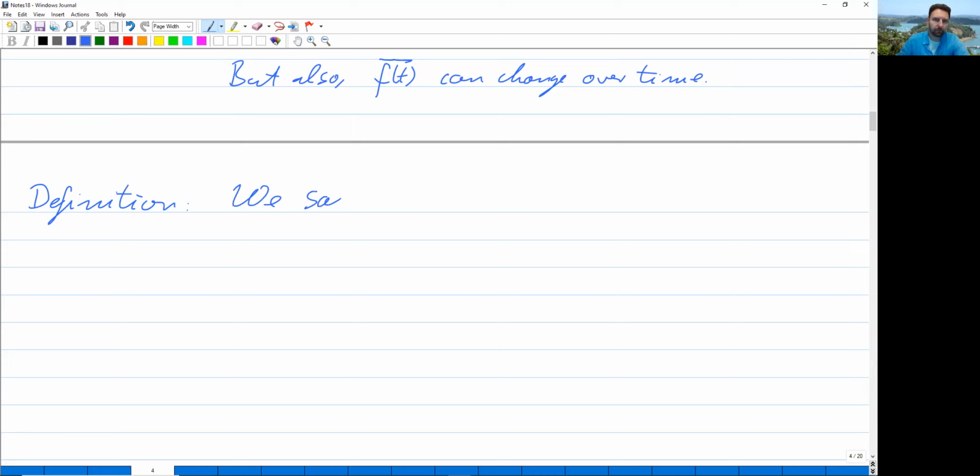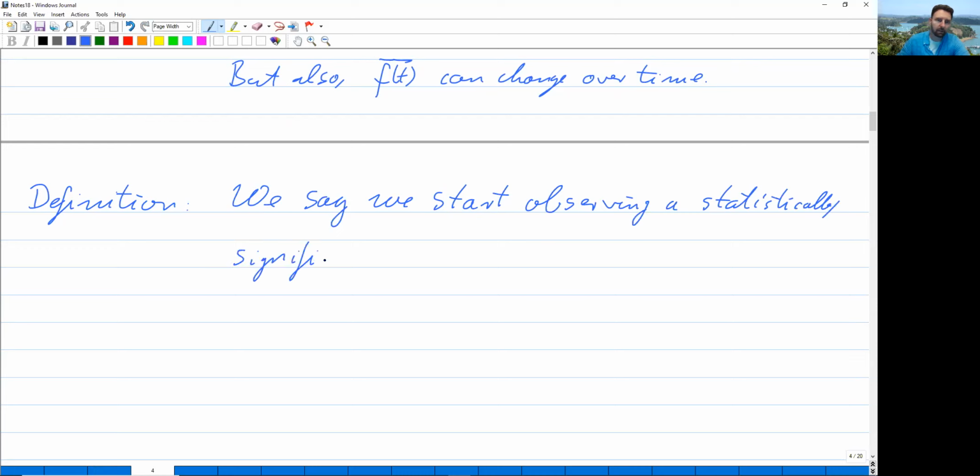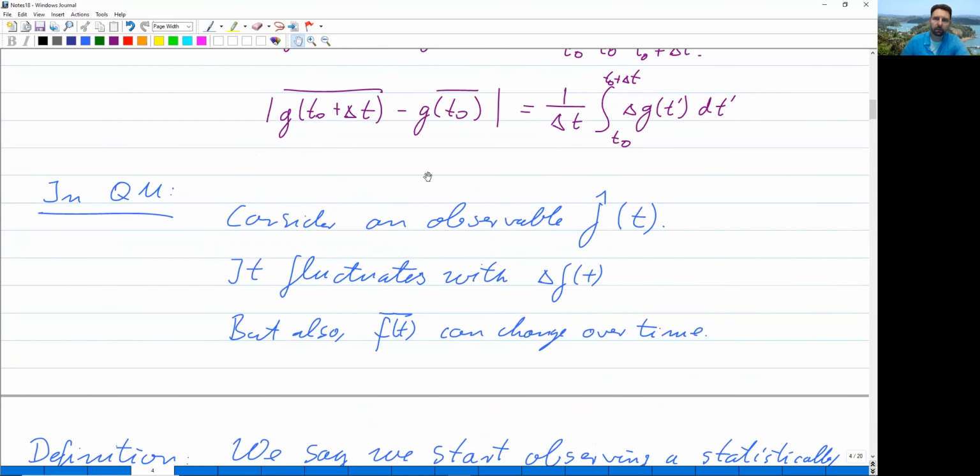We say we start observing a statistically significant change in f bar of t over the noise delta f of t if, and now we adopt an equation that's very similar to what we had up here, namely if